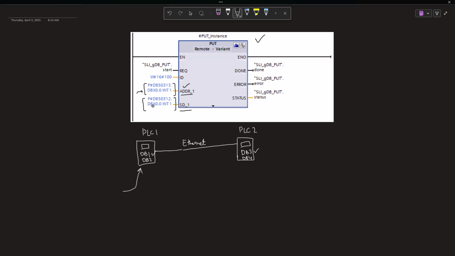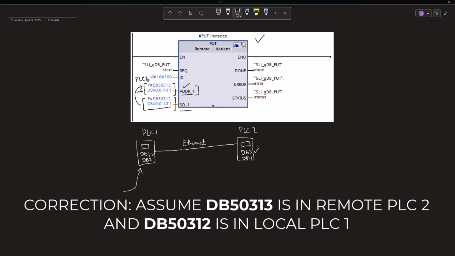So the data in this data block will be copied to this data block. But remember, this data block is in PLC 2, the remote PLC, while this data block resides in the PLC 1, which in this case is the local PLC,